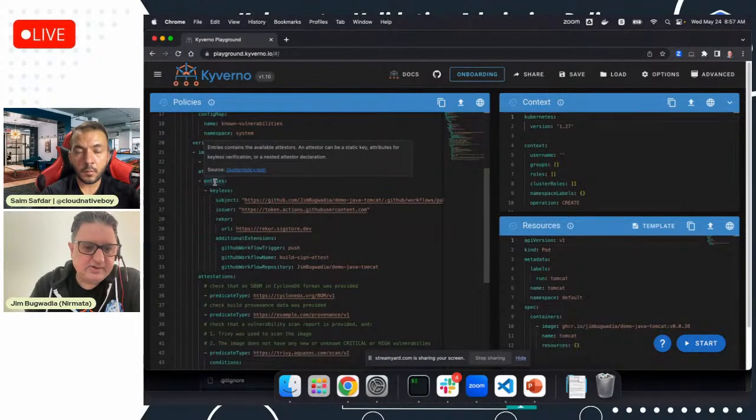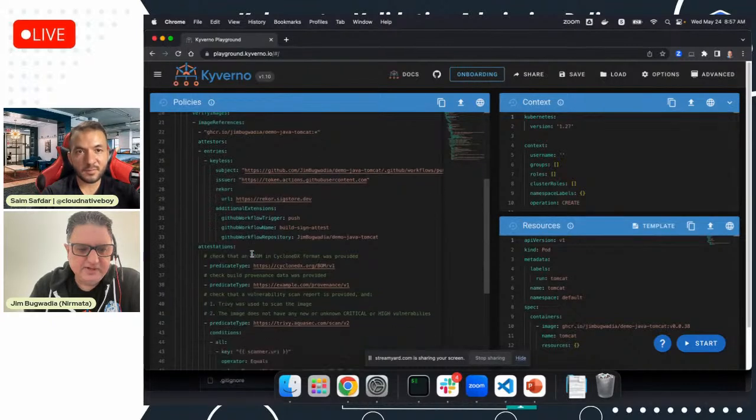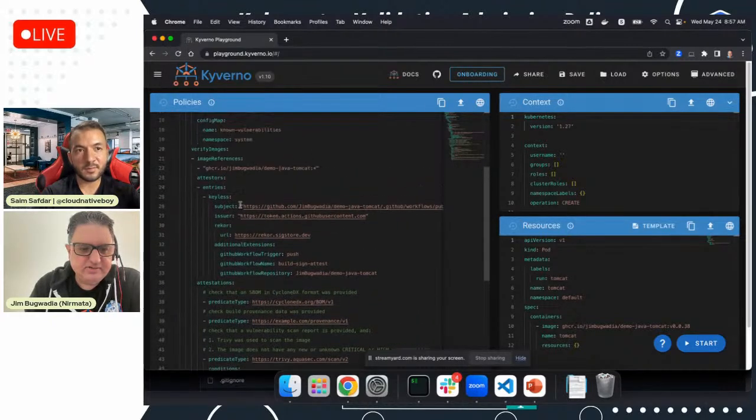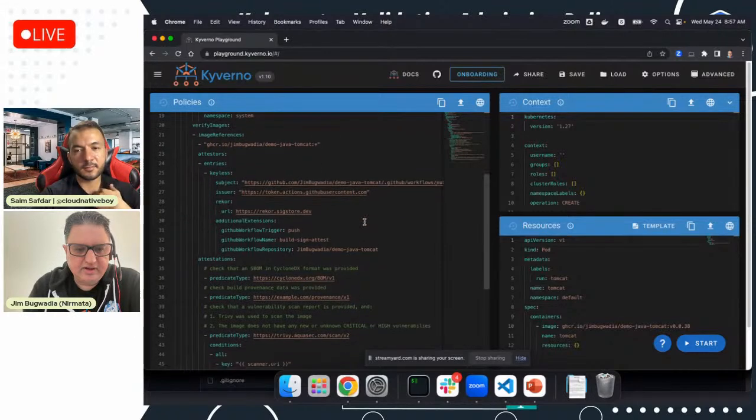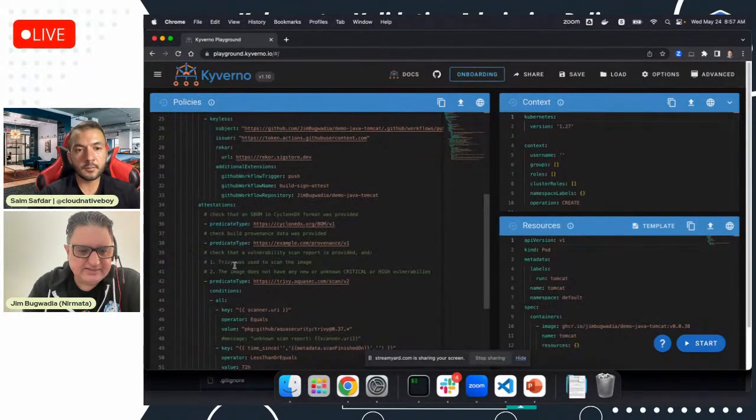So by the way, there's integrated help, which is another cool feature, right? And because Kyverno uses OpenAPI v3, everything is available here as integrated help. What this is checking is it's making sure that any image that you're running is signed by the appropriate, in this case, it's using Sigstore cosign in the keyless mode, and then it's checking different attestations in